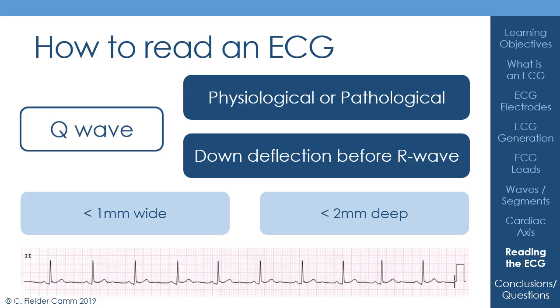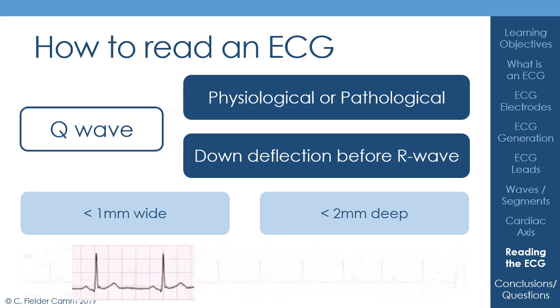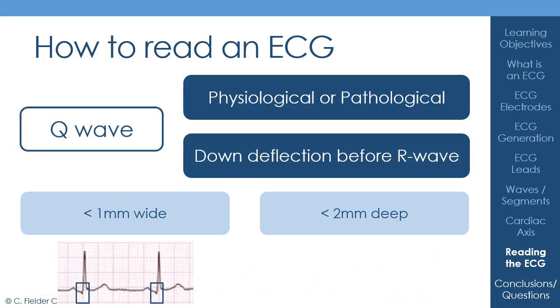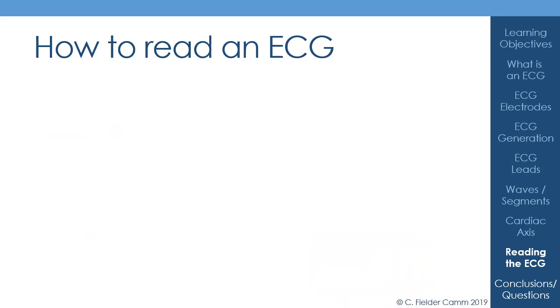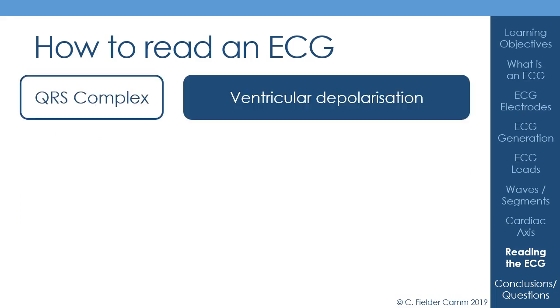And so we take our same tracing again. We can actually see here that we have very little Q waves, and these are entirely physiological. And we can compare them to this trace here, which shows quite deep Q waves, and these are pathological. And actually, given that this patient also has upside down, inverted T waves, it's probable that these relate to a prior myocardial infarction. So having looked at the Q wave, we should now go on to look at the rest of the QRS